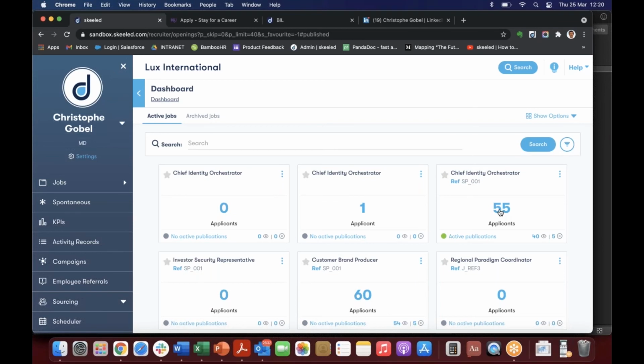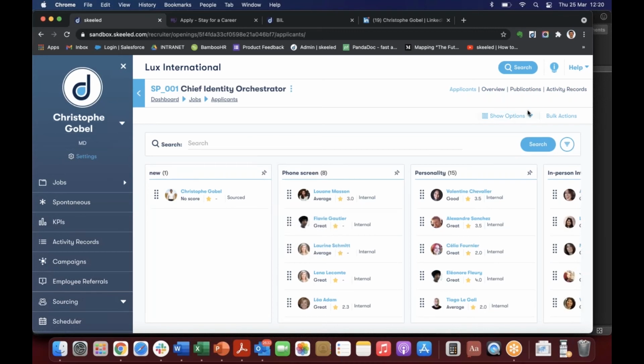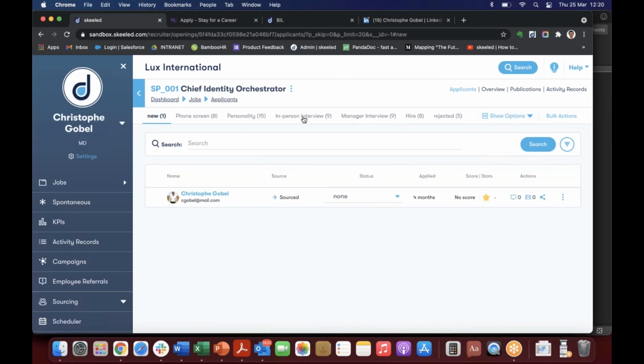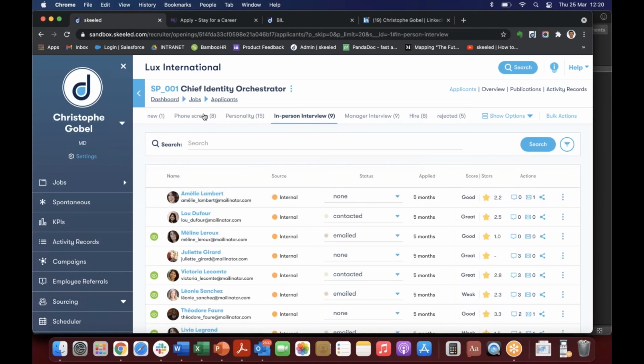Let's have a look at some of the applicants that are coming in for this particular job. So we have different views here. This is a Kanban view, which I like, but you also have the ability to view this in a table. And it will show you where candidates are in regards to the workflow of this particular job. And you can actually rank these